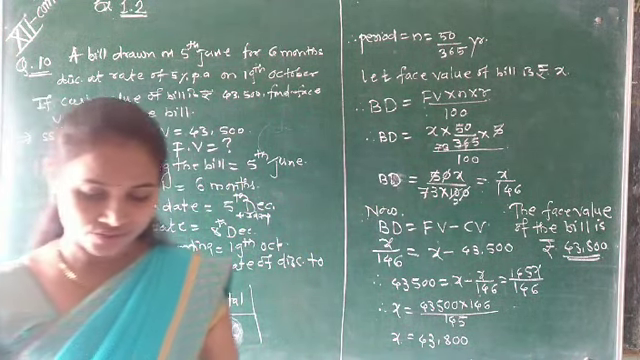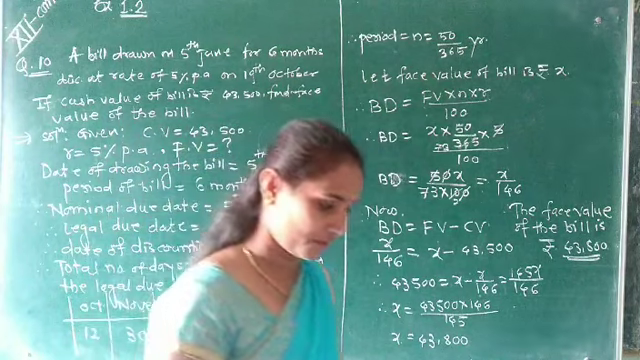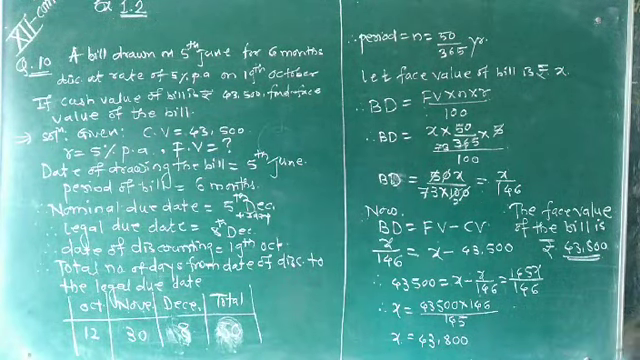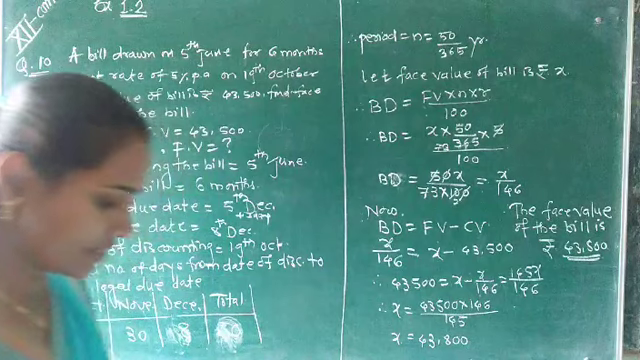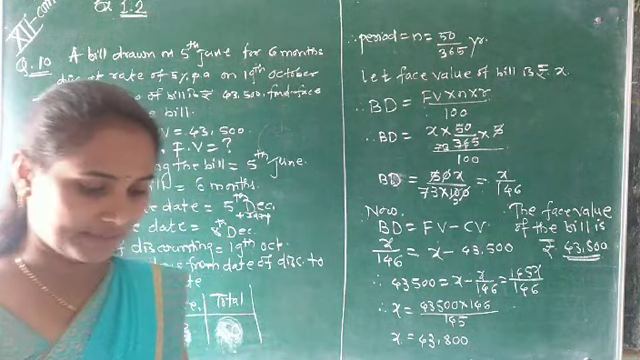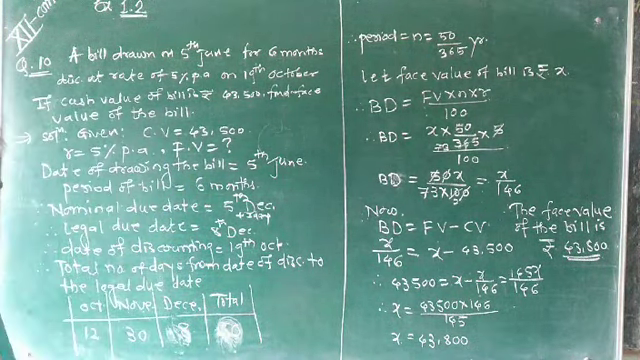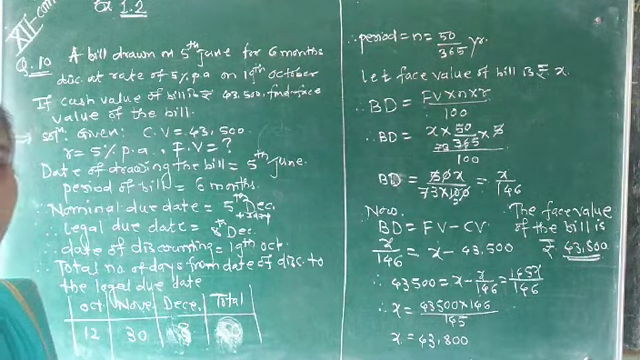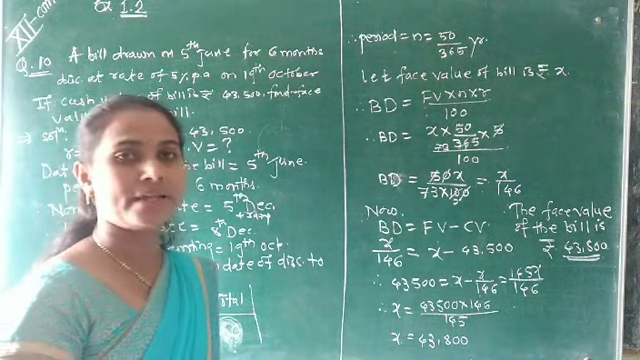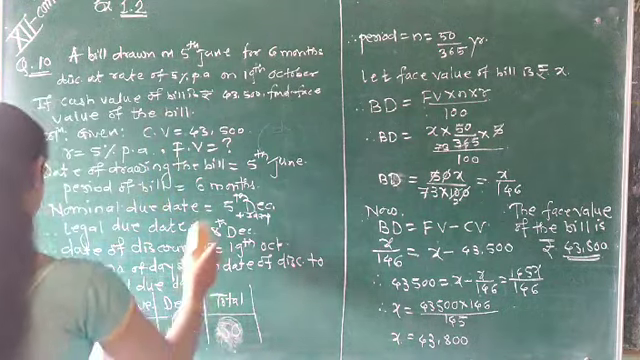A bill was drawn on 14th April for rupees 7,000 and was discounted on 6th July at 5%, and the banker paid rupees 6,930 for the bill. That means this is the cash value of the bill. Then find the period of the bill. So write first